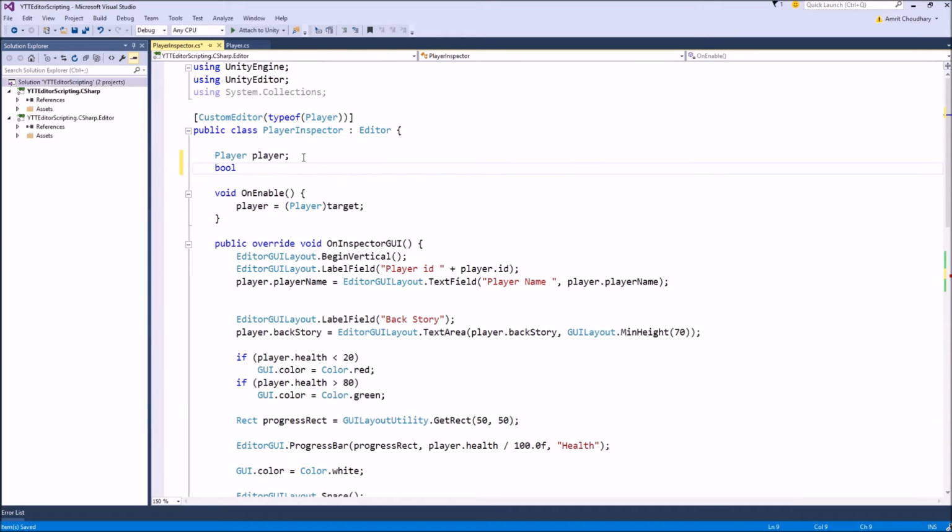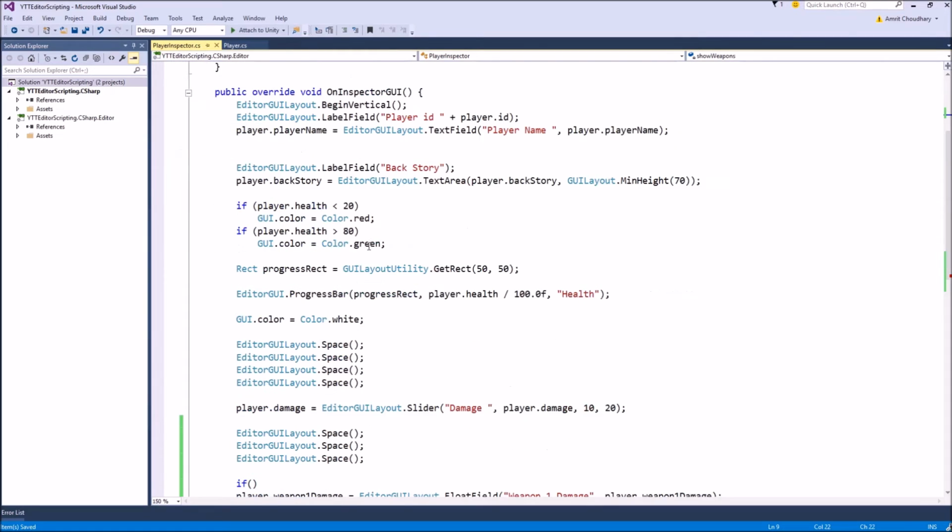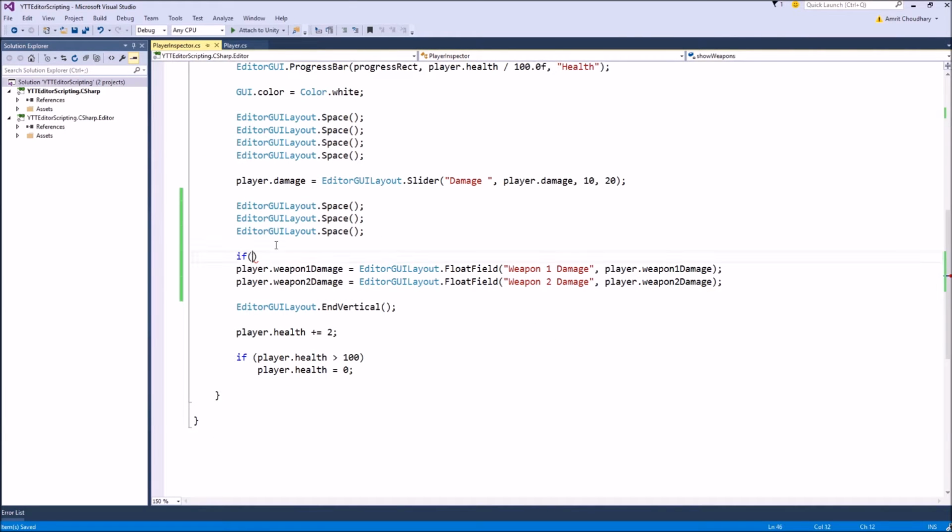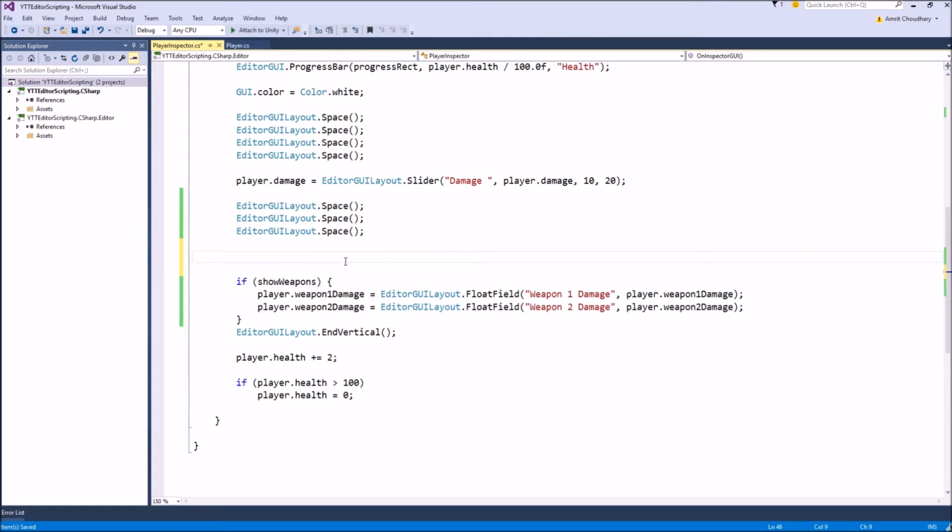First it will need a variable to determine if it has to show the foldout or not, and the display of these two GUI elements will depend on the foldout bool variable. If it's true, it will show these things, or not. The actual foldout variable is controlled here. ShowWeapon is EditorGUILayout.Foldout, which takes the foldout bool and the label.